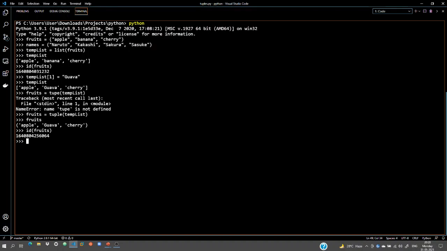Suppose this is our names. Let me print it, names. Now suppose we do something like this: name 1, name 2, name 3, name 4, and just assign the value of names to it. What it will do is take this individual value and put it inside this, take this value and put it inside this, take this value, put it inside this, take this value, put it inside this. Okay, this should be name. Just a second.